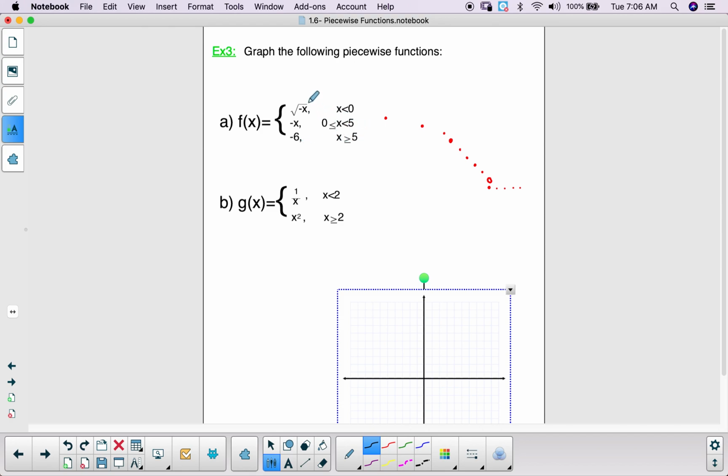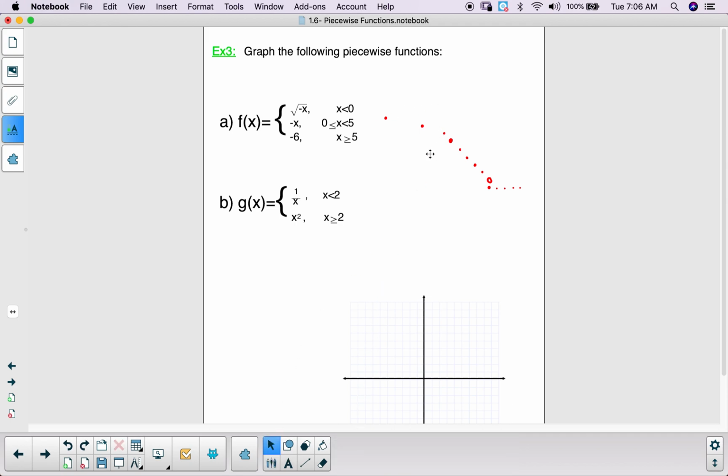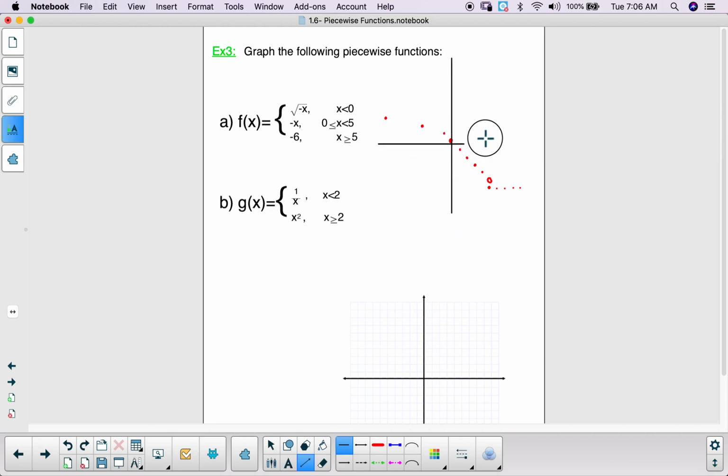So you can see here that there is the square root function, and then there's the equation of a line with a negative slope, and then there's the equation of a horizontal line, negative 6, right? So there's 3 parts to it. So on graph paper, you want to plot the points at first. So let's say you have x and y axes like this, and this is the part of the graph where you have the square root function. When your function is root of negative x, that's a horizontal reflection,